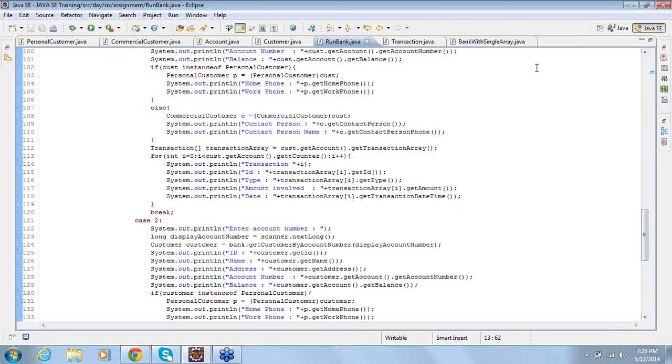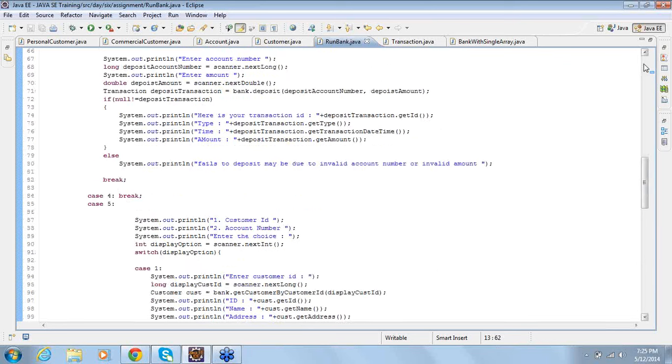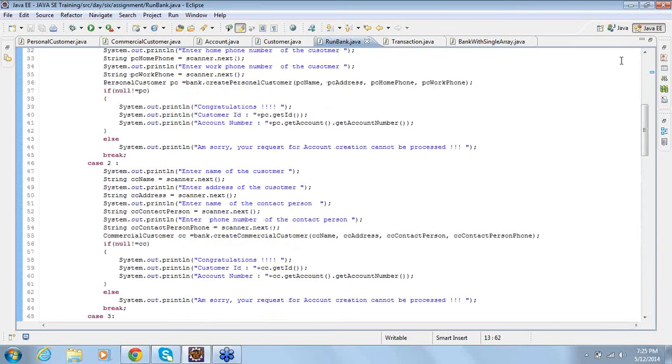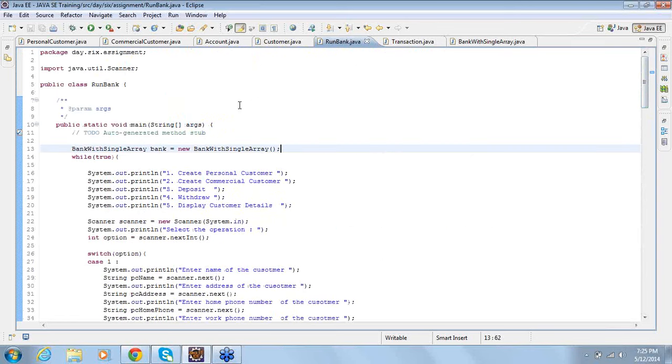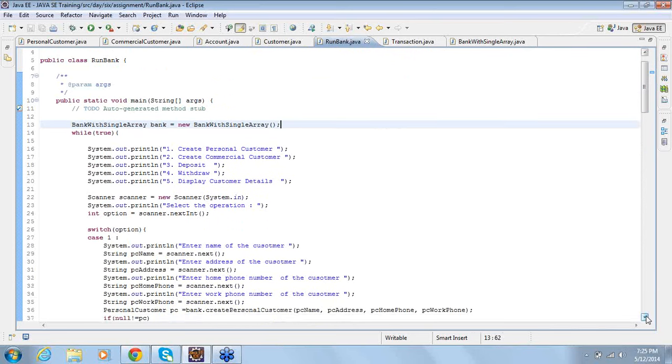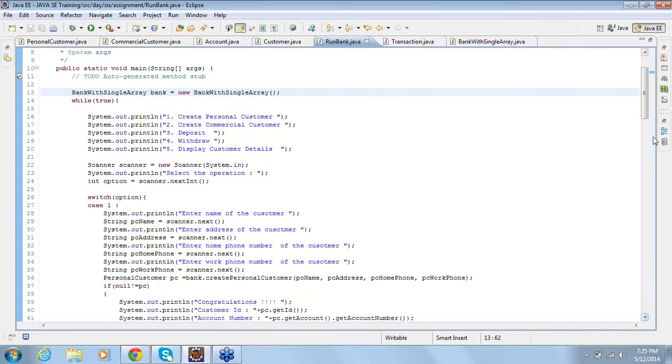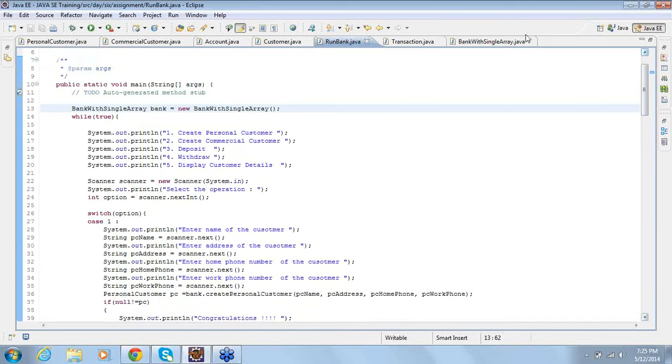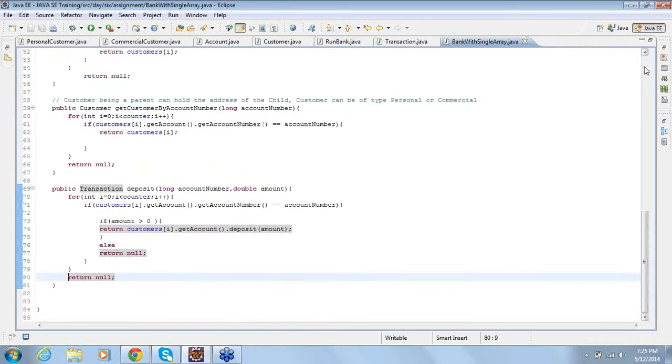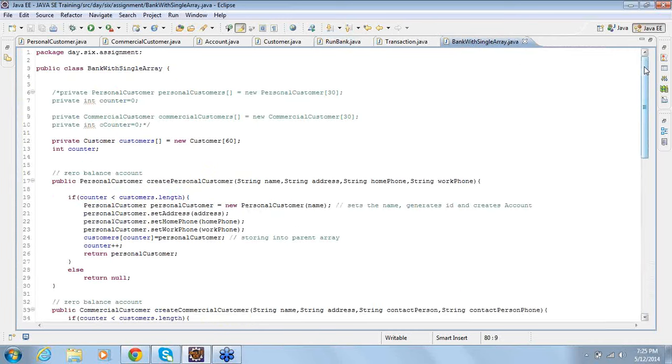You have to ensure that when you write programs, there is no dependency. I have written the programs in such a way that instead of creating a bank class object, if I am creating a bank with single array object, I don't see any red color marks here. Still all my programs are going to work. The only thing is the implementation of the methods is different, but the method names and return types are the same.